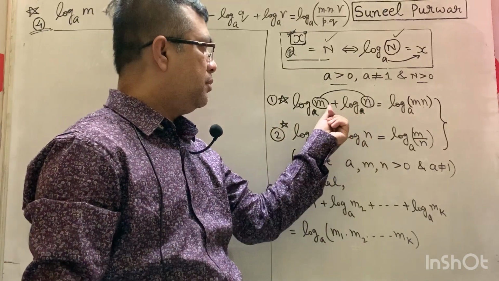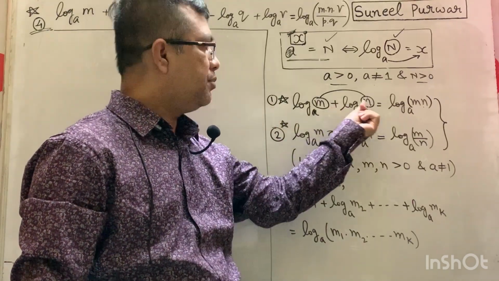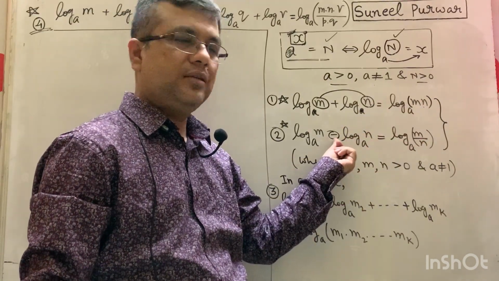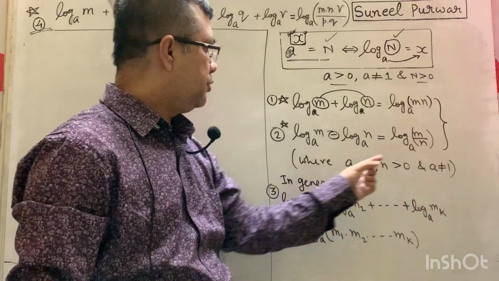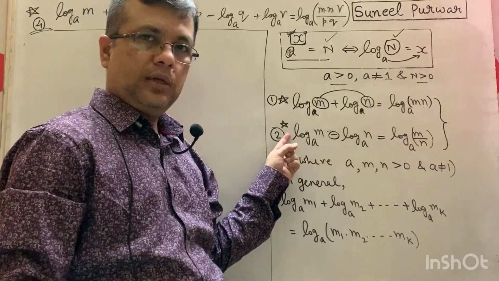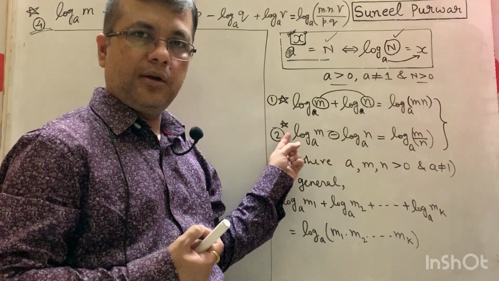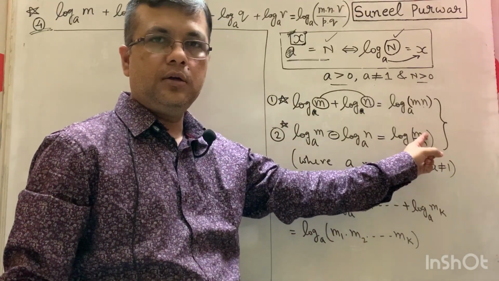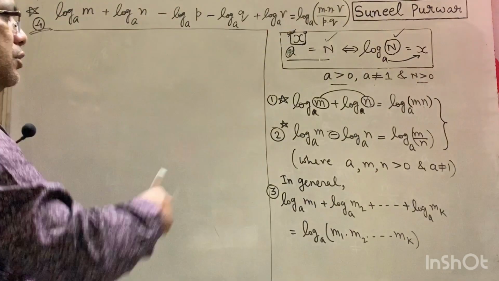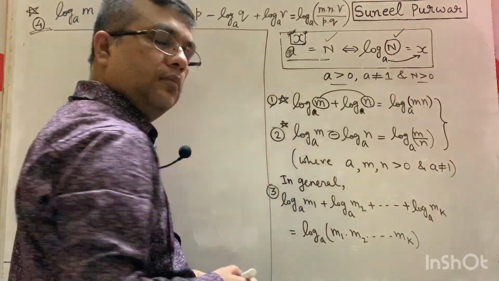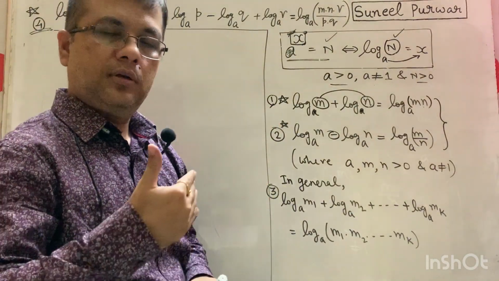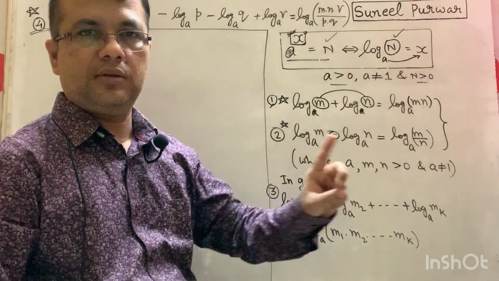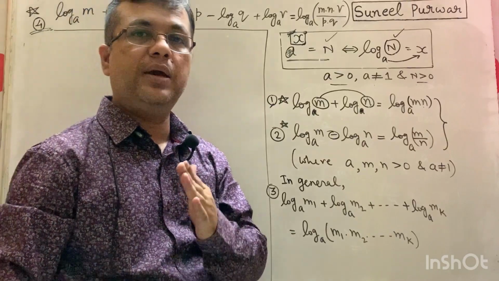A logarithm preceded by a plus sign, its number will go into the numerator. A logarithm preceded by a minus sign, its number will go into the denominator. You see, this is log of m, that is, this log is preceded with a plus sign, so that's why its number m is in the numerator. Now this first result can be generalized for the sum of more than two logarithms as well, provided they are at the same base. The condition is: they must be at the same base.